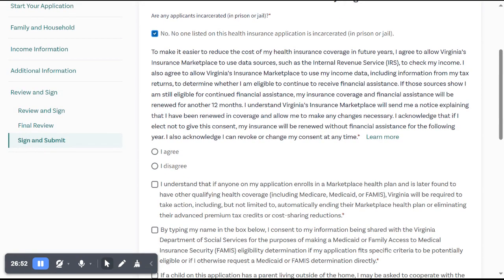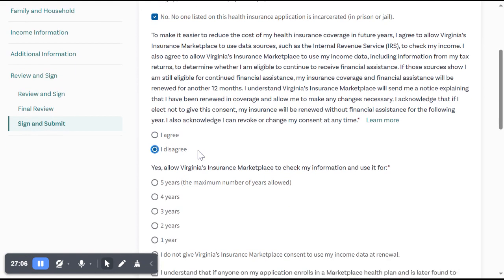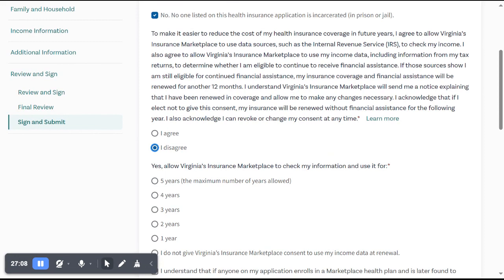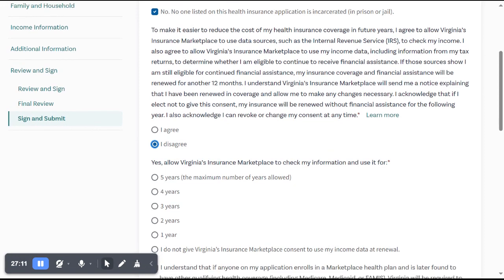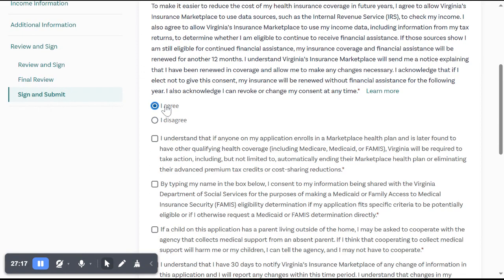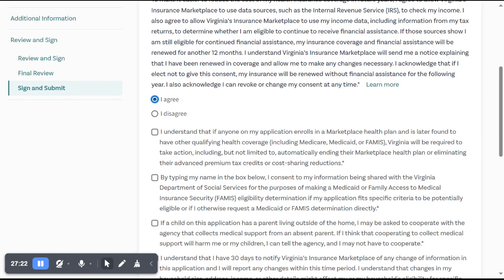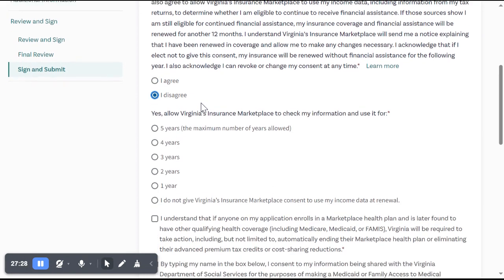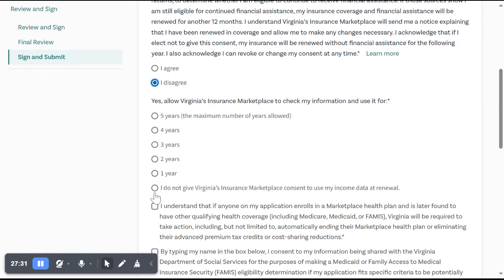Our next attestation is an attestation to allow Virginia's Insurance Marketplace to use data sources to check the applicant's income. They can agree or disagree to consenting to this renewals check. If they agree, or if you agree on their behalf, then Virginia's Insurance Marketplace will check for 5 years during renewal period. If you disagree on their behalf, you can indicate whether